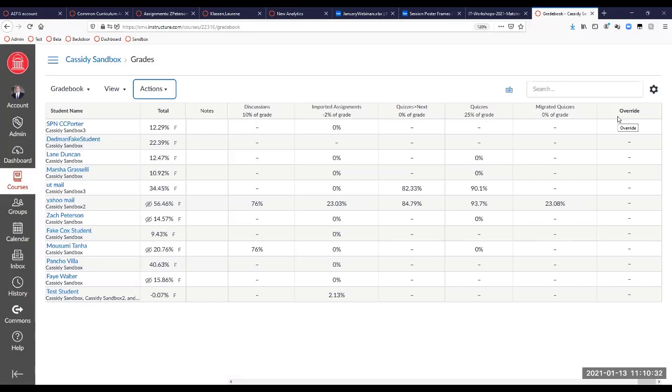So let's say, for example, you have 10 assignments throughout your course and they're all worth 100 points, and they've only done 2 assignments so far. If they average a 92% between those 2 assignments, then their current grade will be 92%. The final grade that you'll see in that exported gradebook will be something very low, something like 12 or 22%,